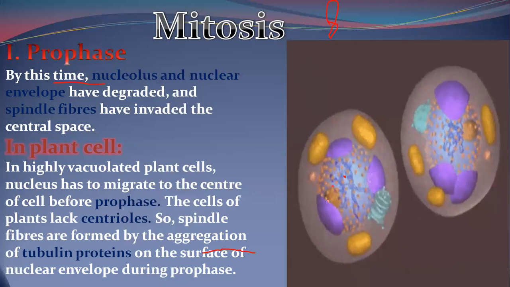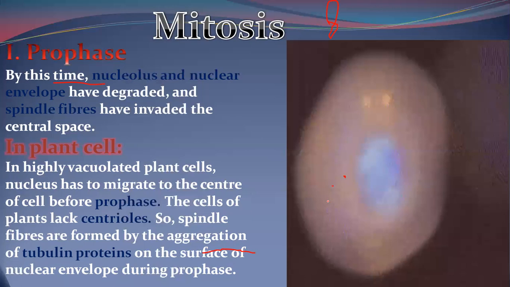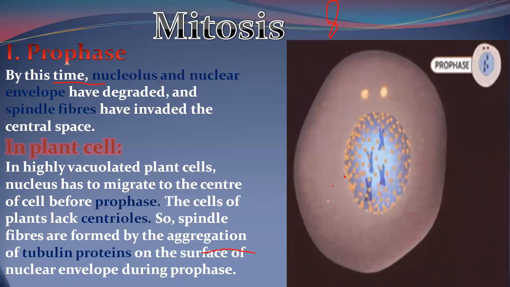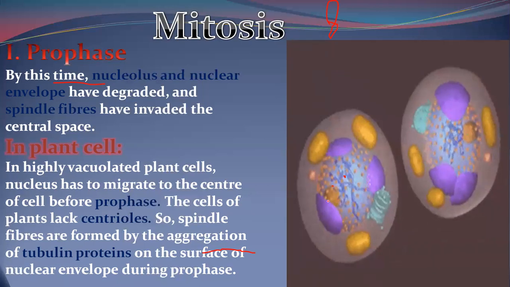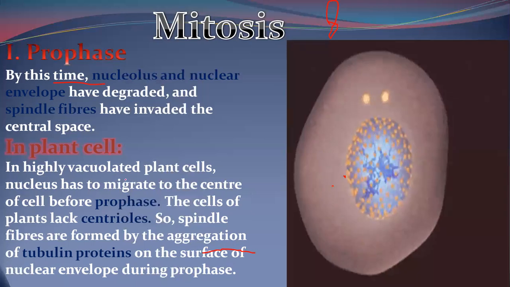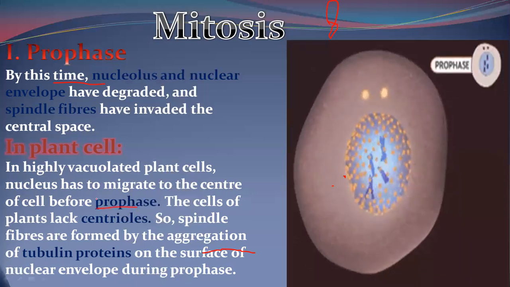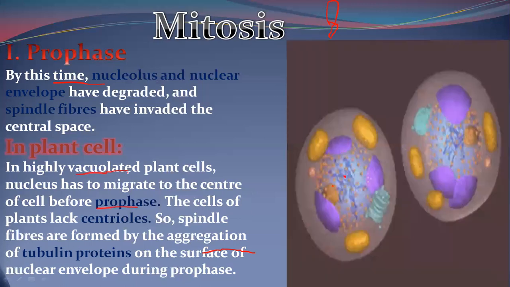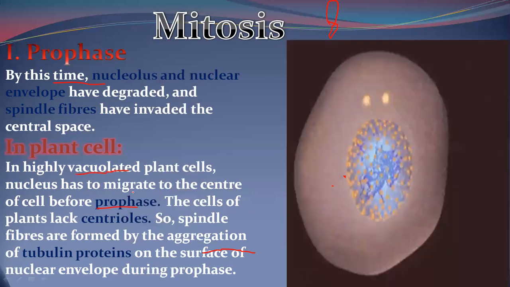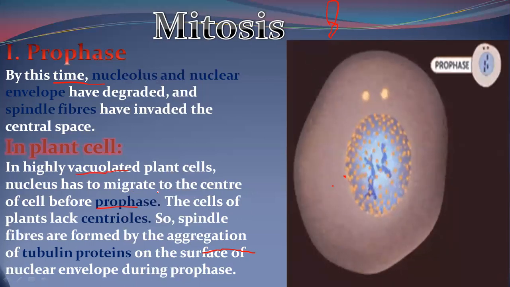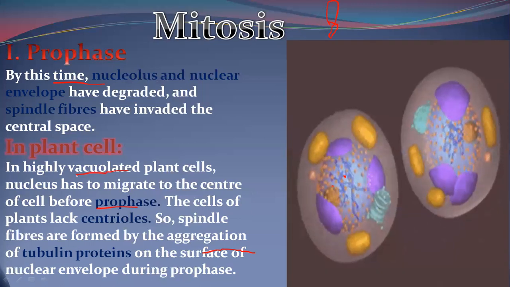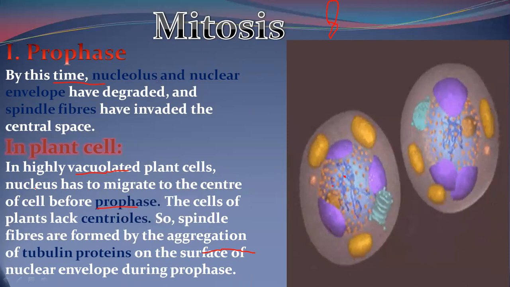So this is all about animal cells. What will happen in plant cells? We have studied that centrioles are only present in the animal cell. They are not present in the plant cell. So how will the prophase go on? Because they are highly vacuolated cells, a large vacuole is present there. So before mitosis, the vacuole has to release all its fluid, and the nucleus has to